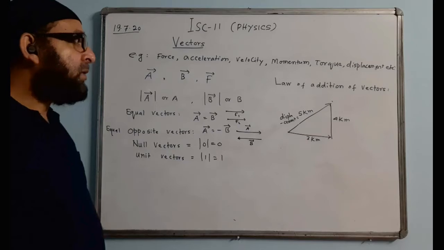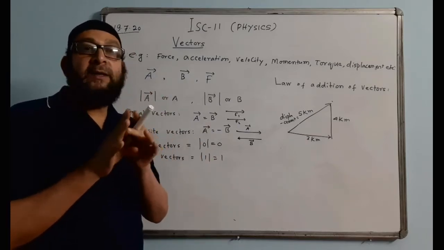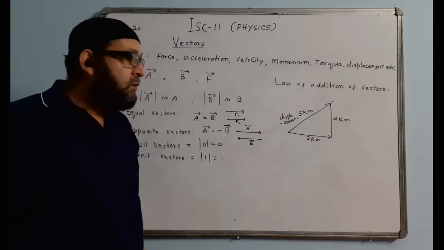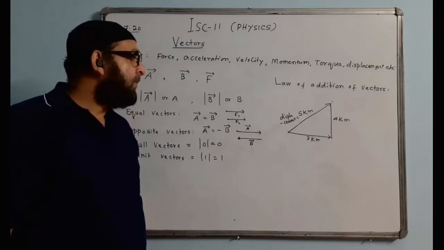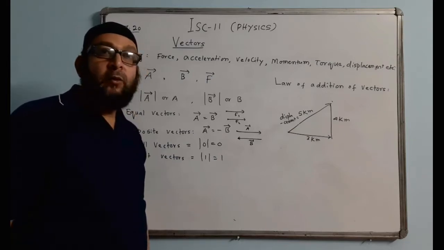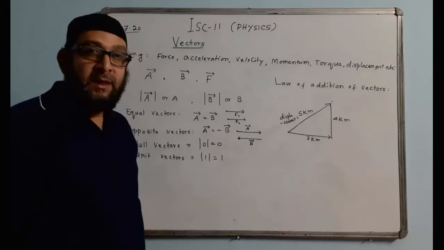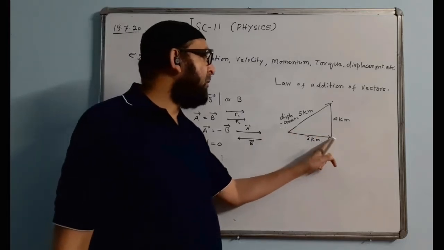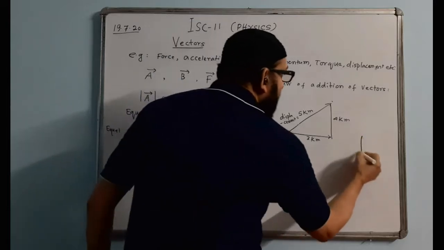Now there is a special rule for the addition of two vectors. Two vectors we cannot simply add in all situations. I think in class 9 we used to do some problems like this, distance and displacement problems. What is called distance? The total length traveled by a body is called distance. A boy goes 3 kilometers in this direction. I just follow the mapping over here like this.